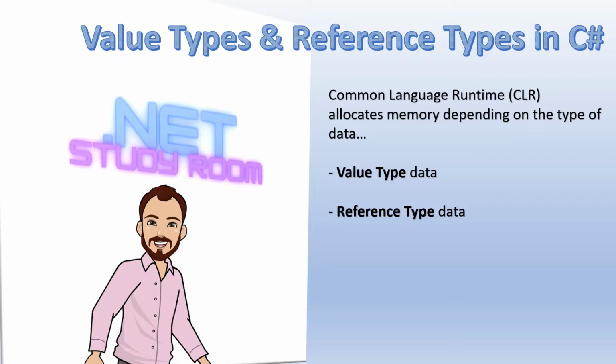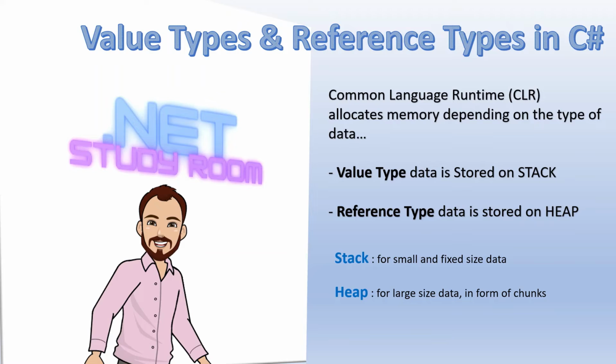When you declare variables in your code, the CLR allocates the memory for those variables. Basically, there are two types of variables you can declare. The first type is value type, and the second one is reference type. CLR provides two types of memory areas for your program: stack and heap. Stack is used for certain types of data which take a small and fixed size of memory. Heap is used to store types of data which are not fixed in size, and whose size may change as